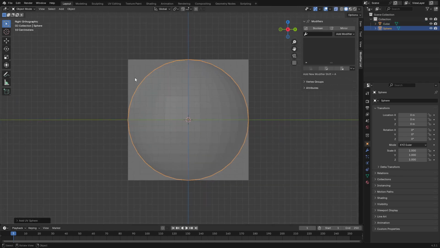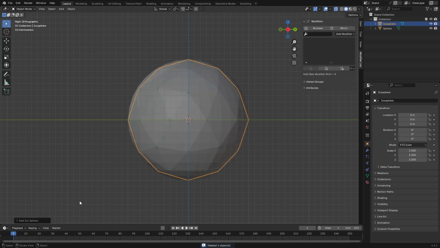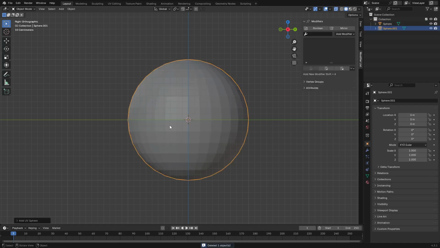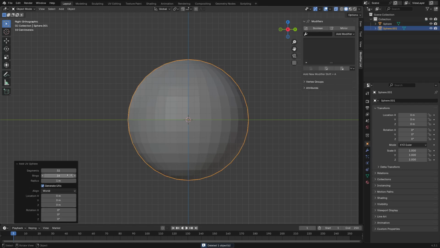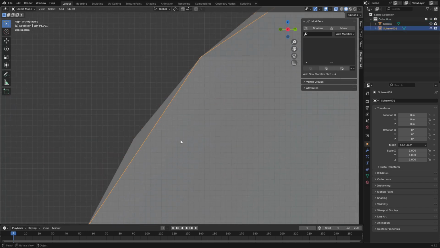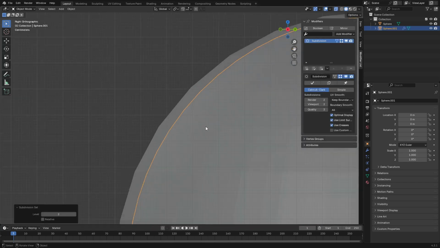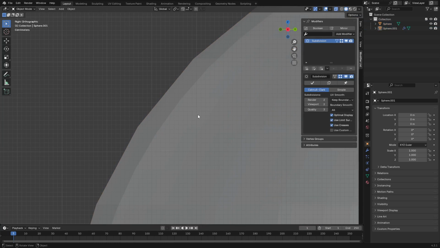But baking's interesting. So I'm just going to create 2 UV spheres real quick, just as a rough idea. I'm just going to talk about baking real quick. We'll go down to 8 and 16. Right. So when you look at a surface, maybe this one's even higher resolution. I'm just going to subdivide it, even though it's not good to do that to a UV sphere. But you're looking at a surface like this,